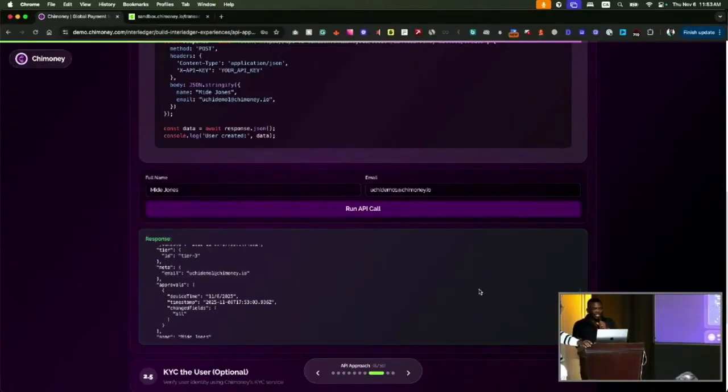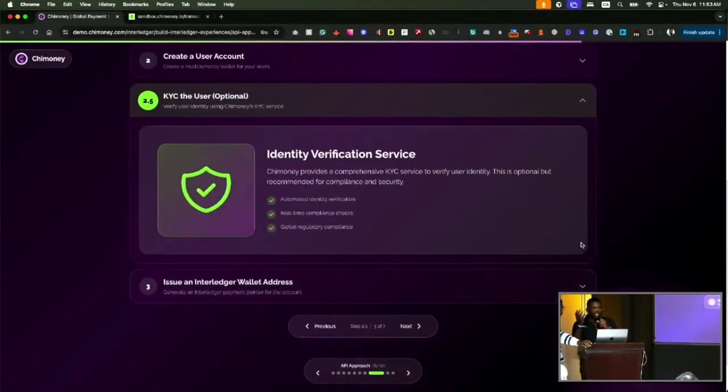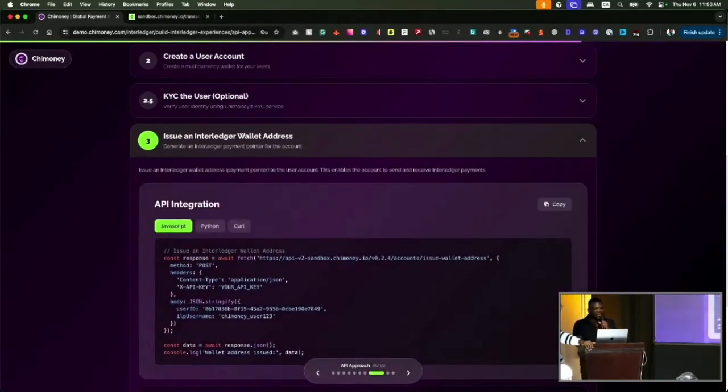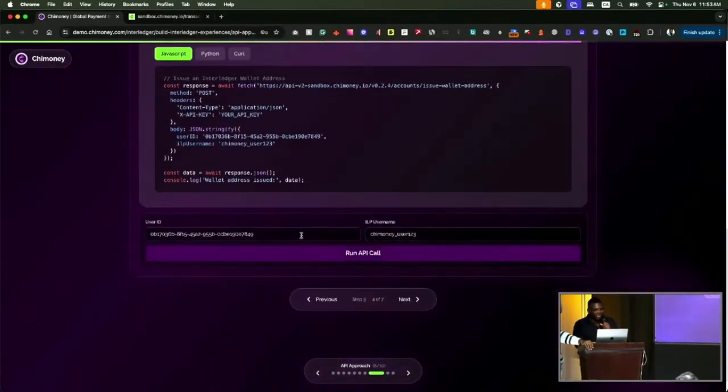The next step is you want to KYC this user. Chimoney also provides an optional service for KYCing these sub-accounts or multi-currency accounts. We're not really going to do that now. But the interesting part is how you issue Interledger wallet addresses to this new account that you just created. We have the user ID that we just created, and then we can pick a custom wallet address. Let's say demo